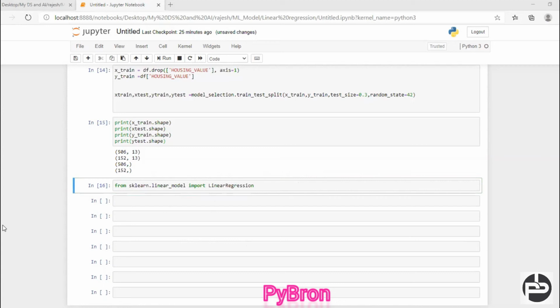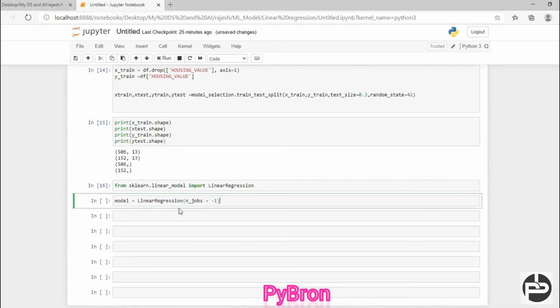Now you are going to create an object for the model. So how to create an object for the model? Just call model is equal to LinearRegression with n_jobs equal to -1. What is n_jobs here? Suppose you are using a 64-bit architecture, or a quad core processor, meaning 4 CPUs in a single CPU. Then you are going to distribute your model task, or machine task, across 4 different CPUs. So your task will get done very fast. So that's what we are going to do, right?